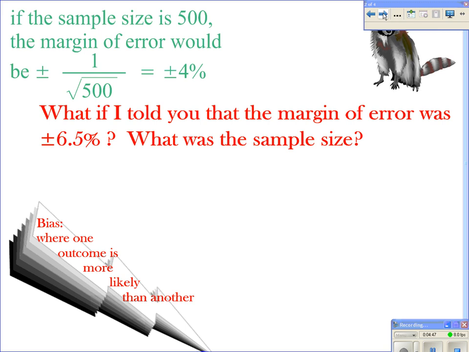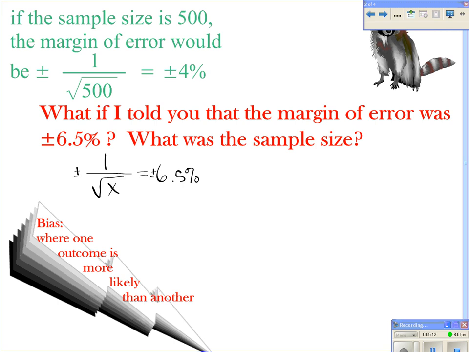So the margin of error that they're talking about is 6.5%. We don't know the population size. So that's where our x is going to go. We don't know how big the group was. But we do know that it ended up being plus or minus